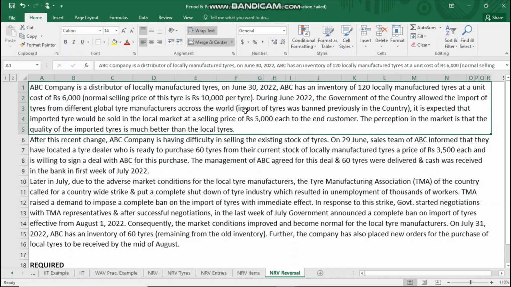ठीक है। इसमें इंपॉर्टेंट चीज़ ये है कि जिस पीरियड में ये सर्कमस्टांसेस चेंज होते हैं उसी अकाउंटिंग पीरियड में ये रिवर्सल की एंट्री होती है। ठीक है। हम किसी प्रायर पीरियड में जाके इसको सही नहीं करते, हम उसी पीरियड में इसको करेक्ट कर देते हैं। यानी कि जिस पीरियड में एनआरवी लॉस अकर होगा उसी पीरियड में लॉस बुक हो जाएगा और जिस पीरियड में एनआरवी की सिचुएशन रिवर्स होगी उसी पीरियड में एनआरवी प्रोविजन रिवर्स हो जाएगा। ठीक है। तो जो इवेंट जिस पीरियड में होगा उसी पीरियड में रिकॉर्ड किया जाएगा। ये हमने आज की वीडियो में देख लिया।